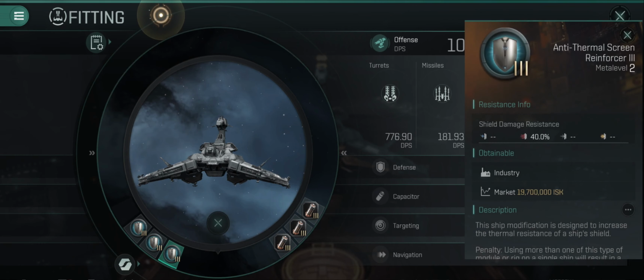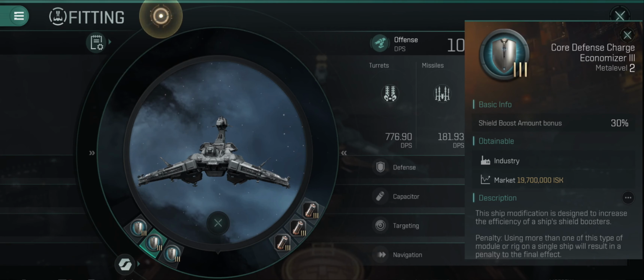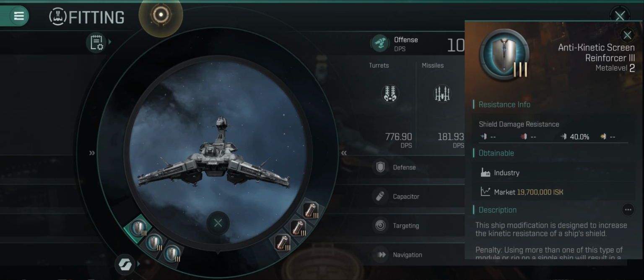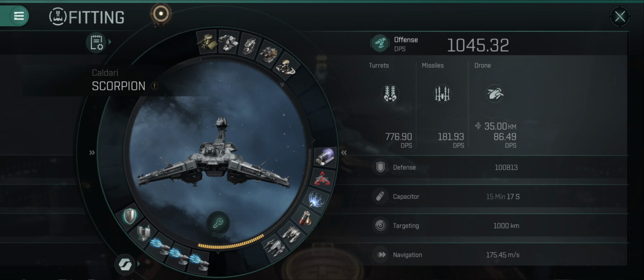And in our combat slots, we have all defensive. We have an anti-thermal screen reinforcer 3. I have a core defense charge economizer 3. I can never say that word right away. And that is going to give us a little bit more shield boosting. And we have an anti-kinetic screen reinforcer 3. Overall, that is going to bring our defense up to an okay level for not having any type of hardeners